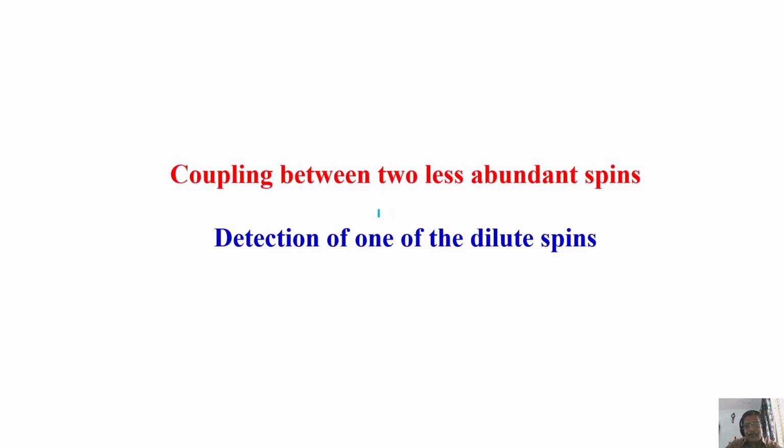So in the next class, a little bit more about this I will say, and then we'll take specific examples of nuclei with silicon, fluorine, carbon, selenium, and one or two examples, and literally we'll sit and analyze those spectra. Then you get a feel for how to analyze the spectra of varieties of nuclei. I cannot cover 110 elements, all spectra. I have covered major ones, proton, carbon, and some of the heteronuclei like fluorine. So some more interesting examples I will take in the next class. I'll try to do it quickly and finish it.